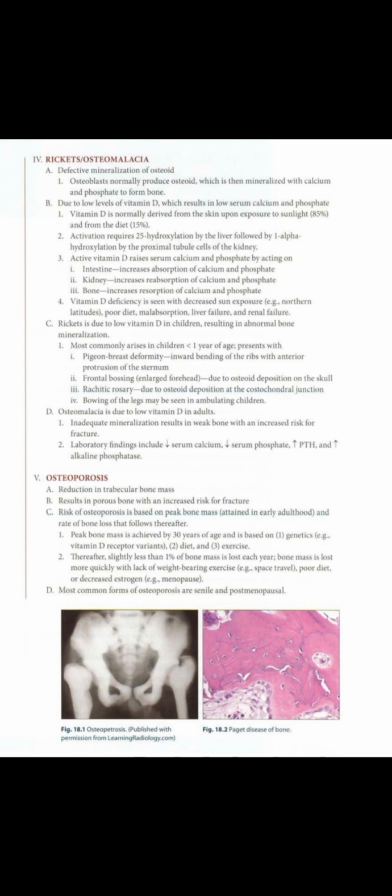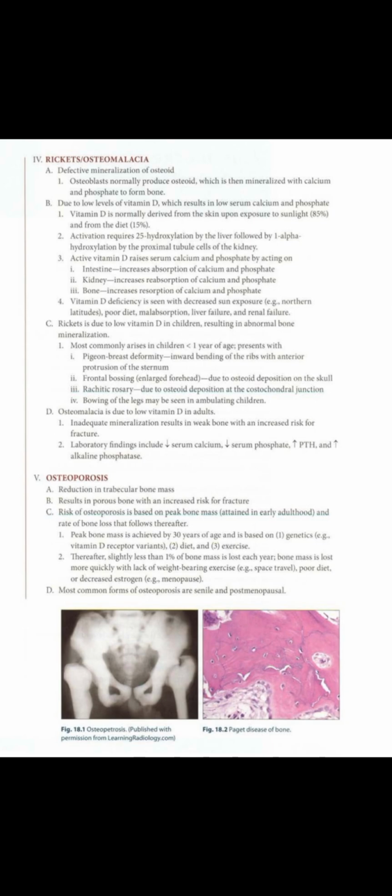Number 1. Vitamin D is normally derived from the skin upon exposure to sunlight 85% and from the diet 15%. Number 2. Activation requires 25 hydroxylation by the liver followed by 1 alpha hydroxylation by the proximal tubule cells of the kidney. Number 3. Active vitamin D raises serum calcium and phosphate by acting on intestine, increasing the absorption of